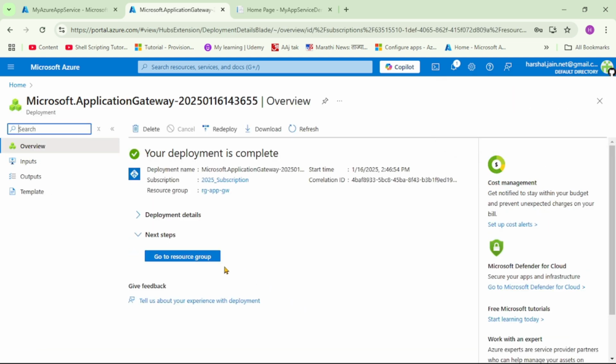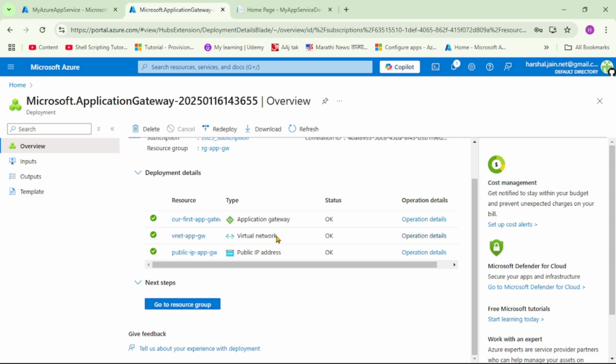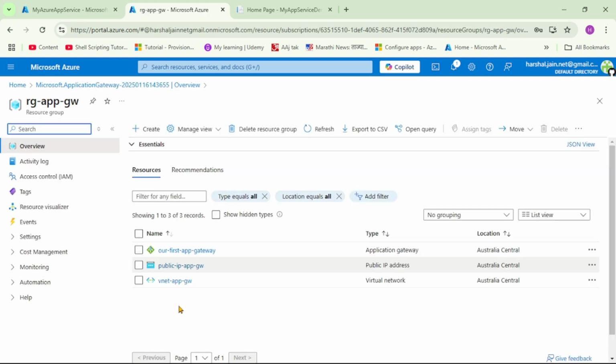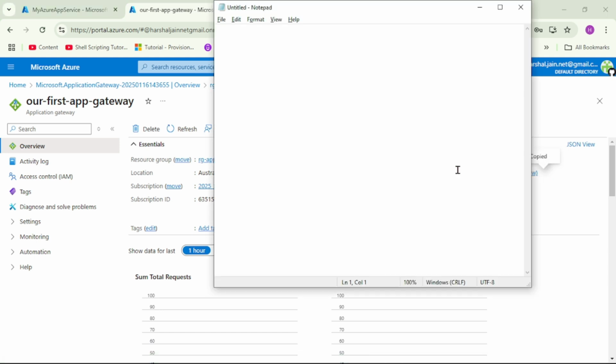and if you see guys, our application gateway has been successfully created, and as a part of this we have created this virtual network and this public IP address, right? Now let's click on this go to resource, and let's open our application gateway. So guys, we are under overview, and guys, observe this front end public IP address. So it is this one, right? So let's copy this and let's paste it in notepad,